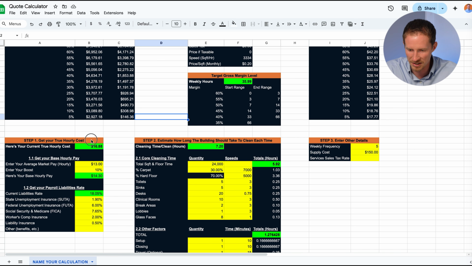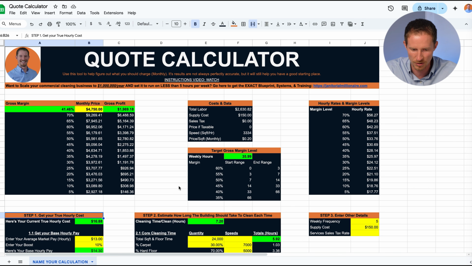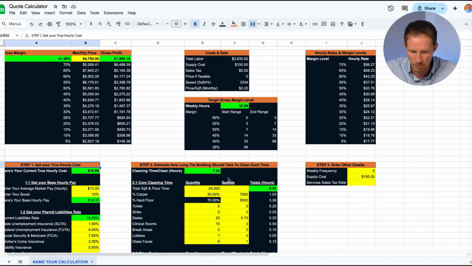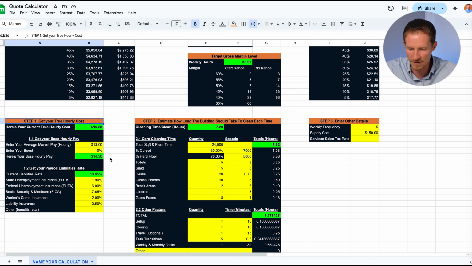So let's start with step 1 right here. And as we progress through these steps, you're going to see some of these numbers start changing. It's going to start producing stuff, but we got to walk through each of these accordingly so that we get what we're looking for. So first, we got to figure out our actual true cost per hour,